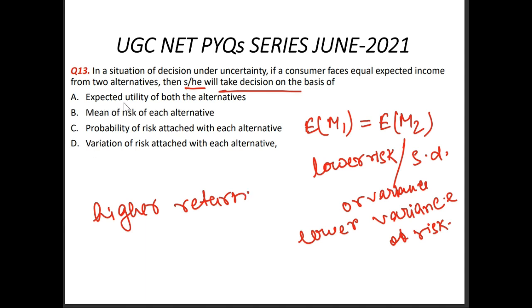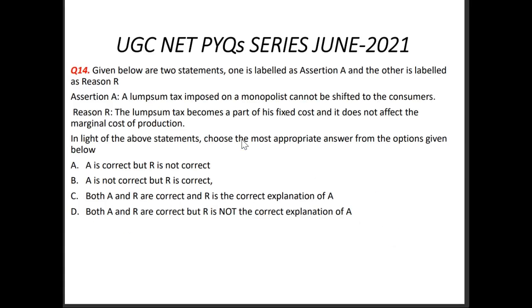सो यहाँ पे ऑप्शन क्या दिया है: expected utility of both the alternatives, mean of risk of each alternative, probability of risk attached with each alternative, variation of risk attached with each alternative. So option D is correct, option C भी नहीं है, variation of risk attached with each alternative ये मैटर करता है under uncertainty. Next question, so option D is the correct answer. Okay, next